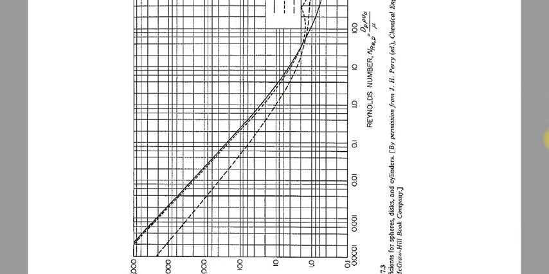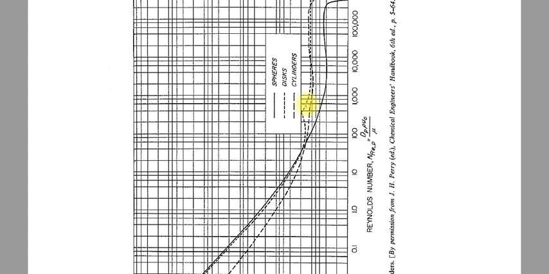Now if you have the Reynolds number between 1 to 10, then again you can use Stokes law with sufficient accuracy. But if it is higher than 10 up to 1000, then it will change non-linearly in a complex manner. The drag coefficient becomes a complex function of Reynolds number. Generally, the region of Reynolds number 1000 to 3 lakhs